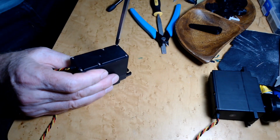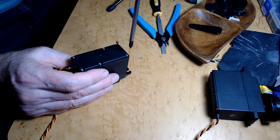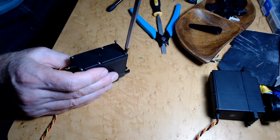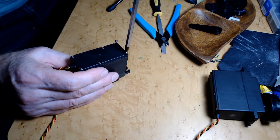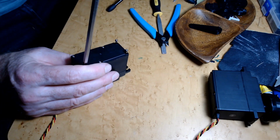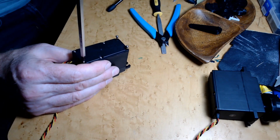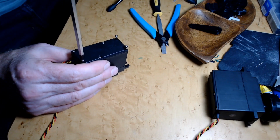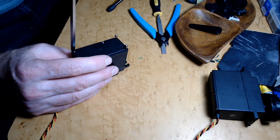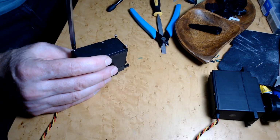I'm going to start by taking out these bottom screws. These are pretty long. They go through the whole case up to the top cover. And I'm not sure if I've got to take off all 6 or not. I'll figure that out here in a second. I probably will. Probably should anyway, because